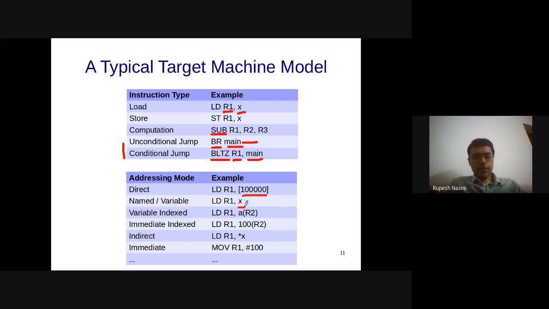Or I can have a mnemonic associated with that address. Or I can have a variable indexed mode, where there is variable A and then there is an index. This is very useful for variable indexed is the addressing mode which is useful for